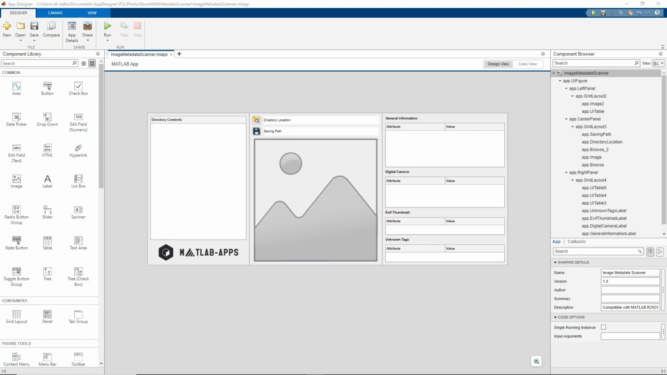Today we are presenting an application with a very easy to follow interface. This application is very useful for photographers. We call it Image Metadata Scanner. This is our application. As we can see, if we run it,